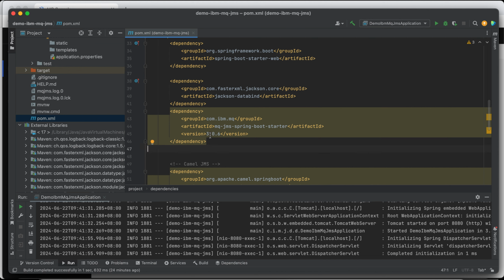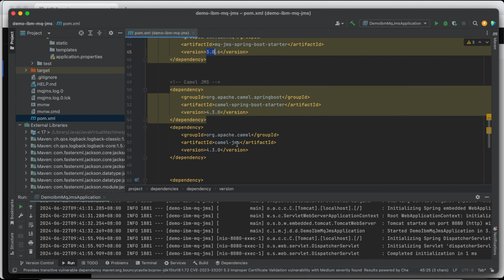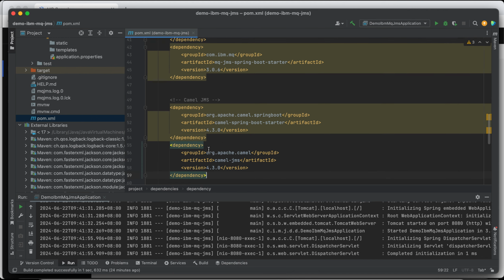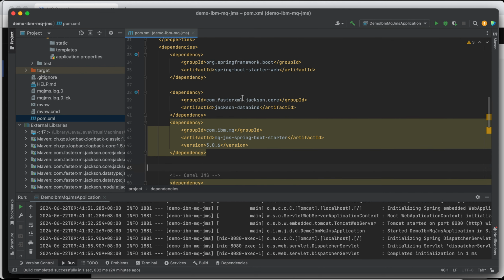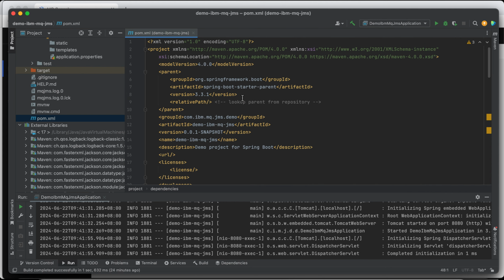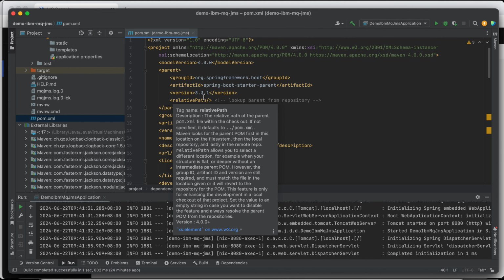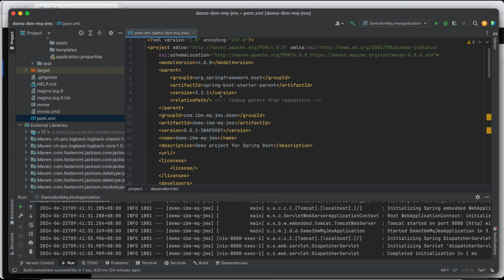In this demo, for IBM MQ, I'm using version 3. And for Apache Camel, I'm using 4.3, okay? Take note of this version because sometimes if you use the wrong version, it won't work. So we have to be particular when it comes to the version.